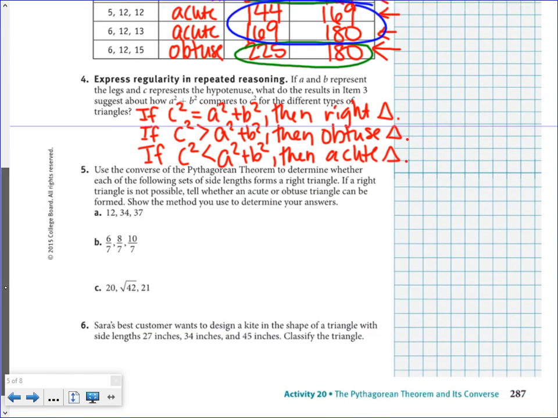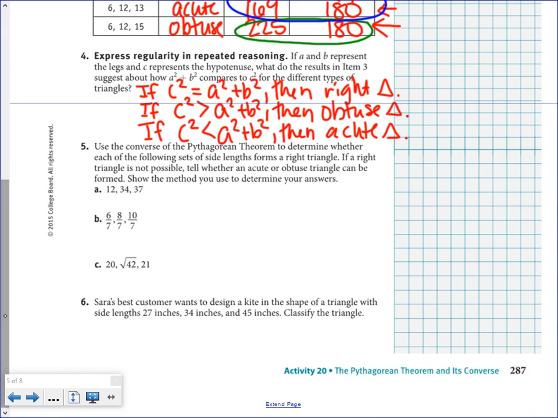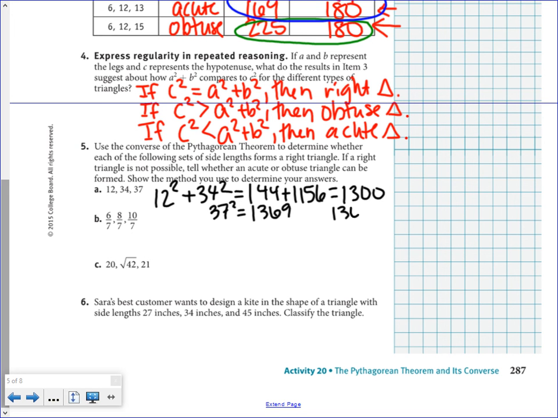So now let's look at 5 and 6. If you check 12 squared plus 34 squared, that is 144 plus 1156, which is 1300. And then our C squared is 37 squared, which is 1369. My C squared is bigger than my A squared plus B squared. So that means I have to have an obtuse triangle. Looking at B,